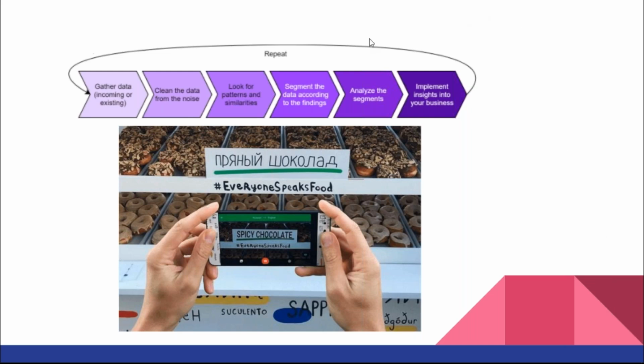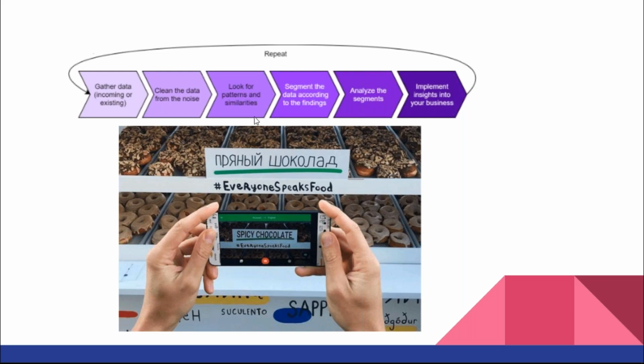So how the model works: it implements the insight into your business and analyzes the segments, how it is being used. कोई चीज मैंने एक सिंपल सी चीज ली, मैंने उसको इंप्लीमेंट करा आपकी एप्लीकेशन में, फिर उसको एनालाइज करा, कितनी अच्छी इंप्लीमेंटेशन हो रही है, कितनी बुरी इंप्लीमेंटेशन हो रही है. Then segment the data according to the finding, and then data को मैंने अलग-अलग ग्रुप्स में basically divide कर दिया,